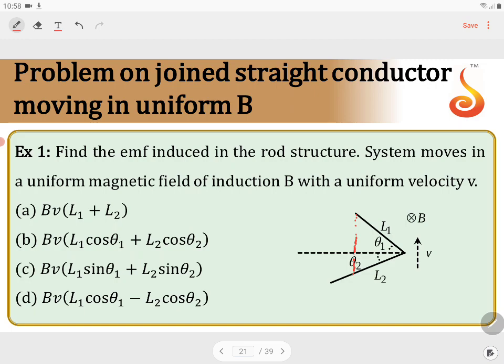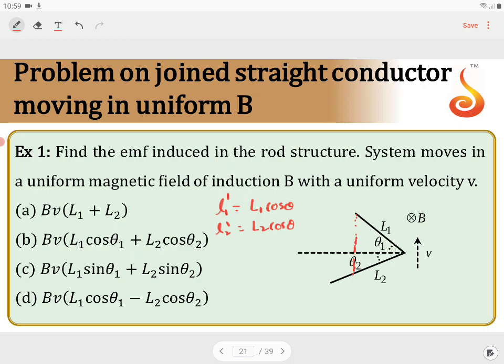The length perpendicular to velocity for the first rod is L1 dash, which is equal to L1 sin theta, sorry, here L1 cos theta. So the length perpendicular to velocity for the first rod is L1 cos theta, and for the second rod it is L2 cos theta. So to know the polarity of the induced EMF in the two rods, we can split this entire rod